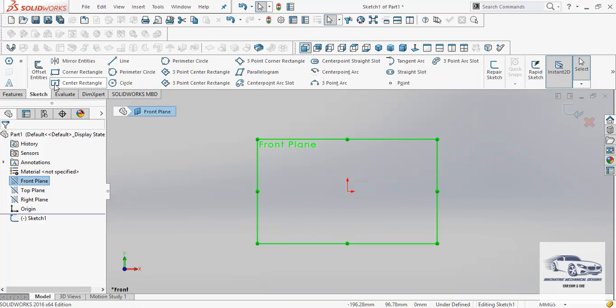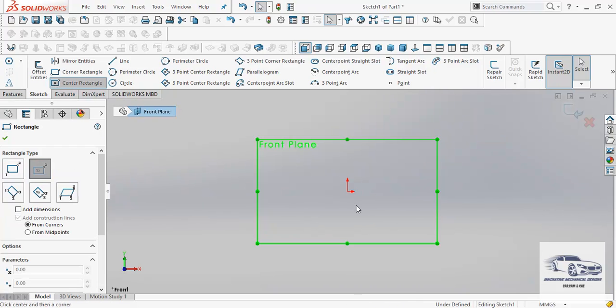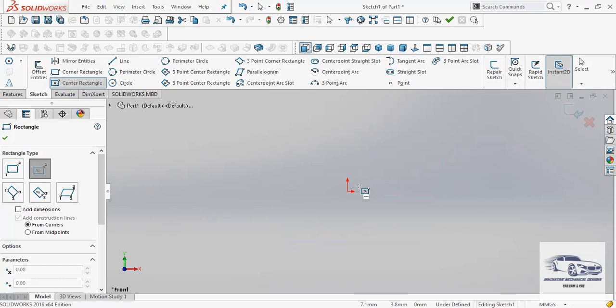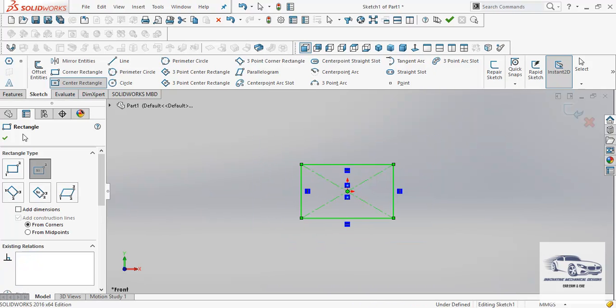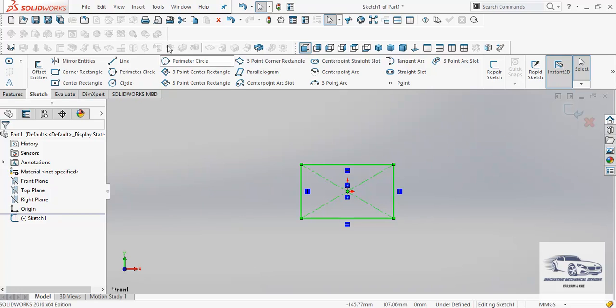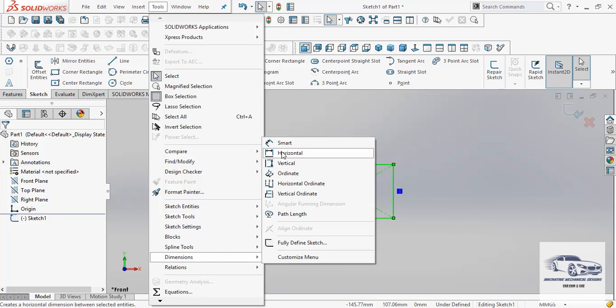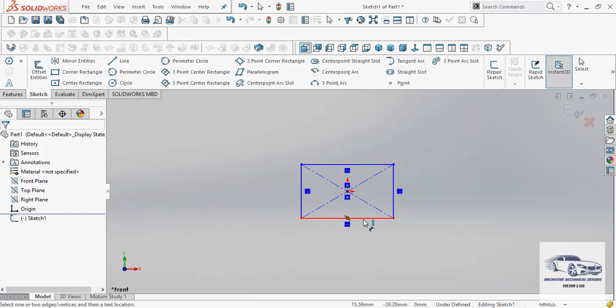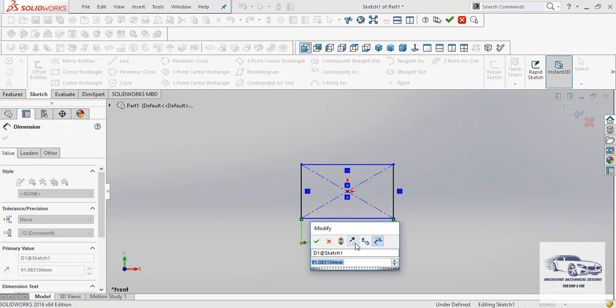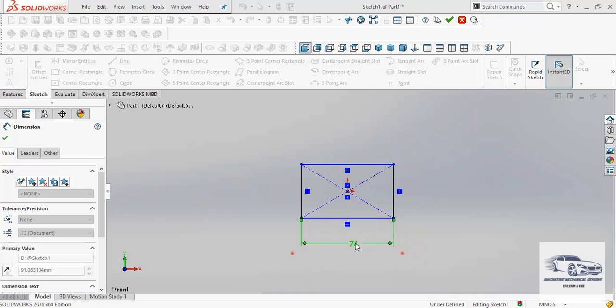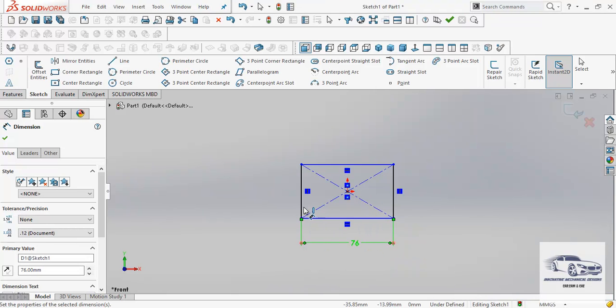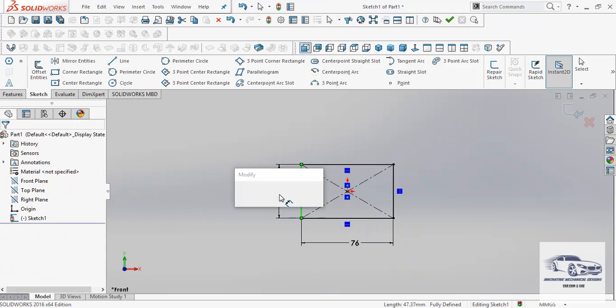So here I will create a rectangle and then I will give the required dimensions. This is 76 and 77.